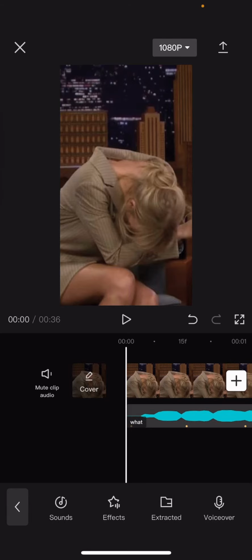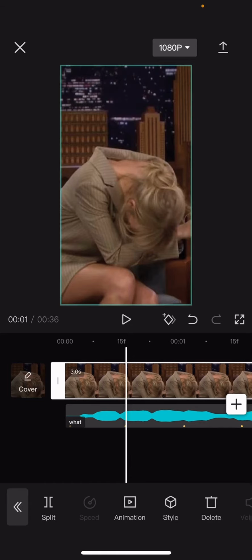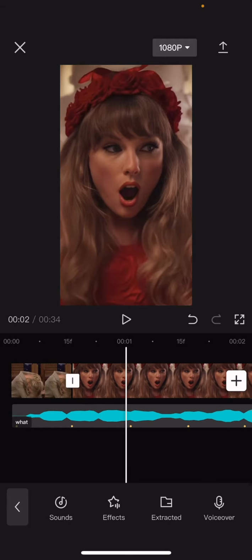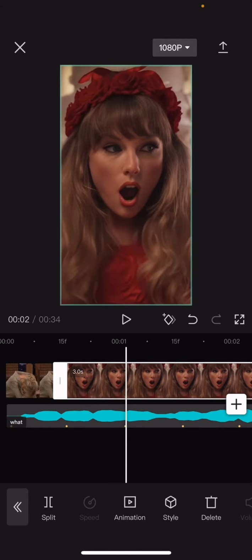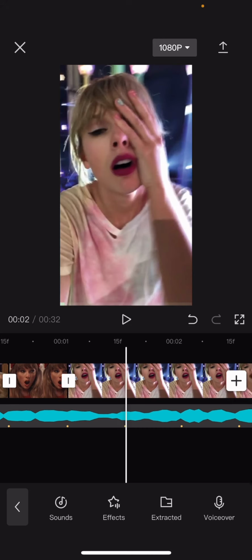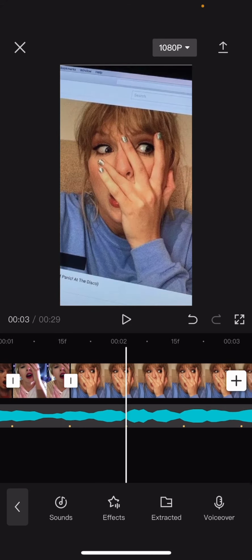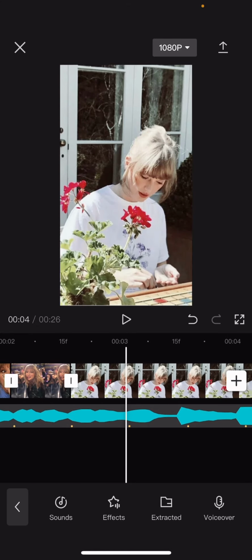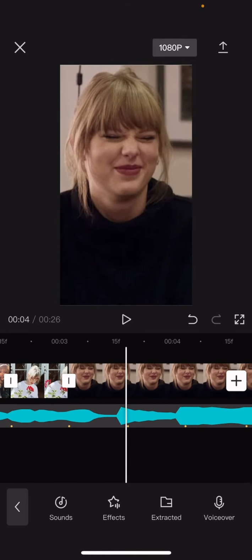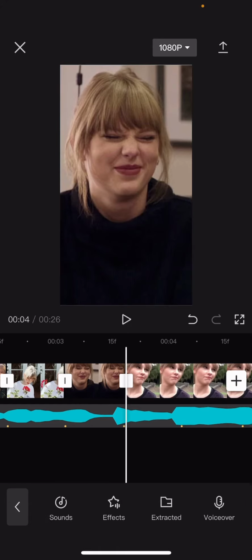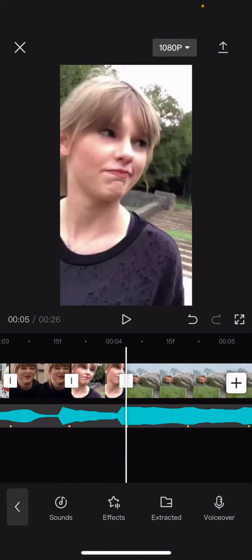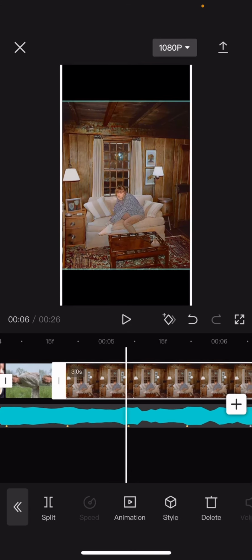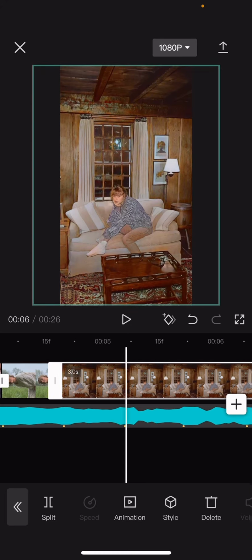And then every time there's a beat, split the picture and press delete. The picture or video. Split, delete, split, delete, split, delete, and you're just going to do that until you've done that to all of the video or photos, like so. And that's pretty much how you can edit a photo dump on